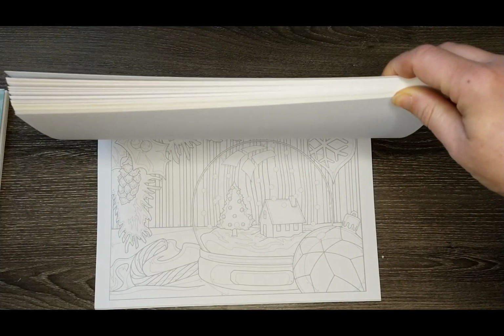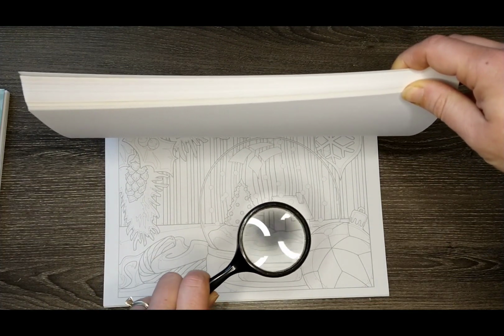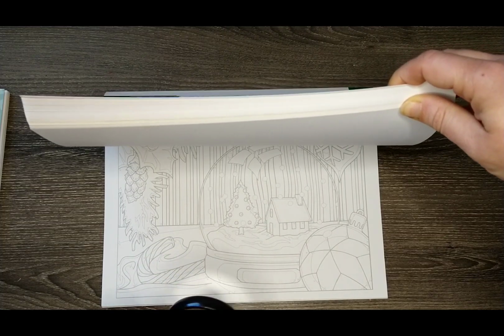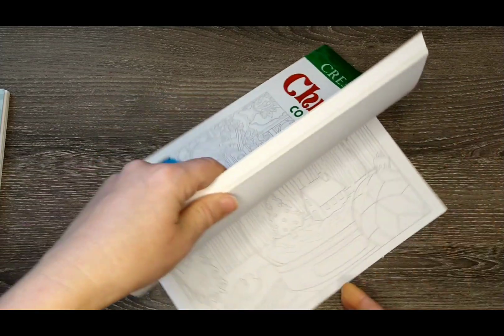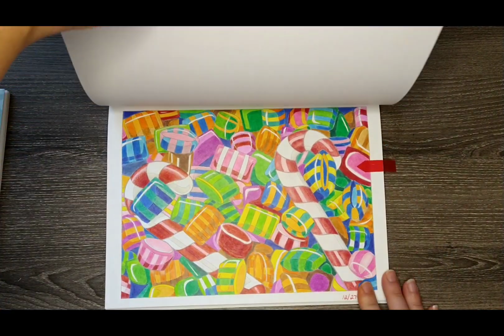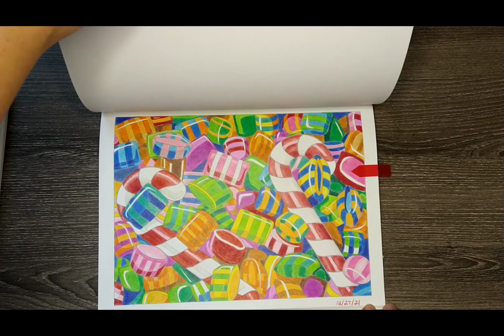I have here, I was working in another one of his books, and I have here a magnifying glass that I use to read the numbers because sometimes I really have trouble figuring out what the numbers are. But the pages are amazing once they're done. So this is the one I did last year, which was a lot of fun. It took a while, and I did it with colored pencil,